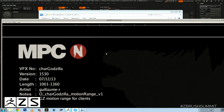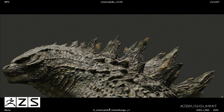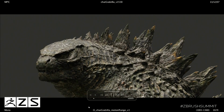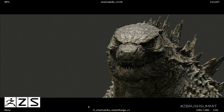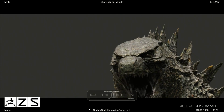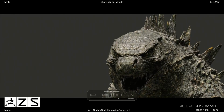So we have one daily here where the director, Garrett, wanted to show the range of motion for Godzilla. And this would then be done as a test. That's lagging a bit, but yeah, we would have weight maps, basically rigging. We have a fairly complicated rigging system where, depending on